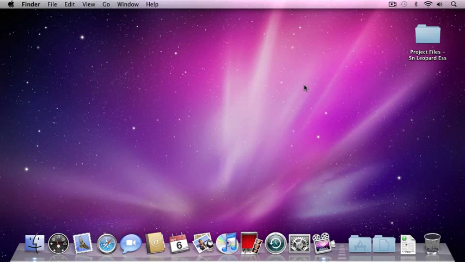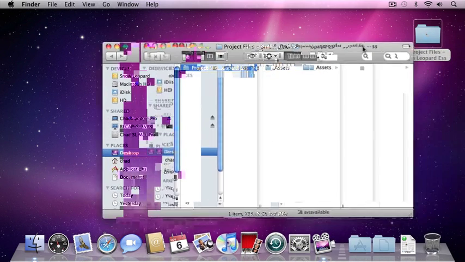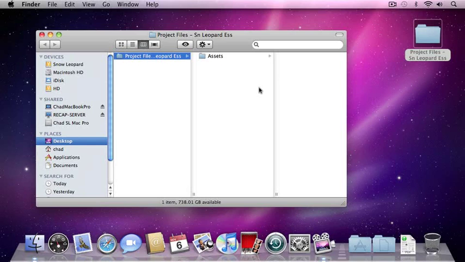In this lesson, I'd like to go over organizing your files and folders on your computer using Snow Leopard. To begin, I'm going to double-click on the Project Files folder that was copied to my hard drive when I installed the Snow Leopard videos, or if you're watching these videos on the internet, downloaded from the internet in the same manner. So I'm just going to double-click on that folder, and it's going to display the contents of the